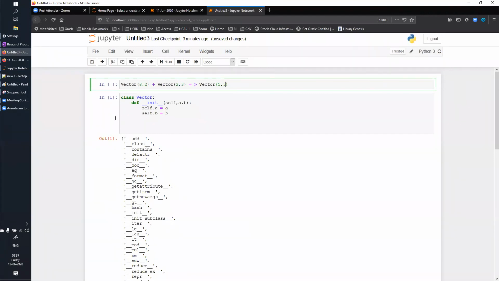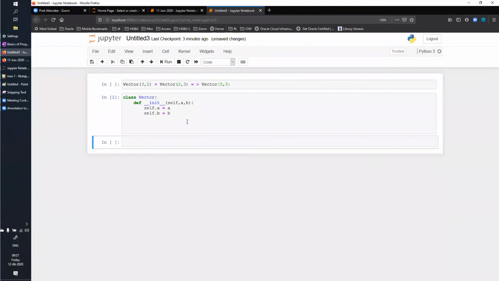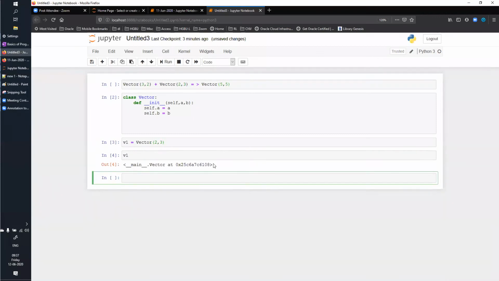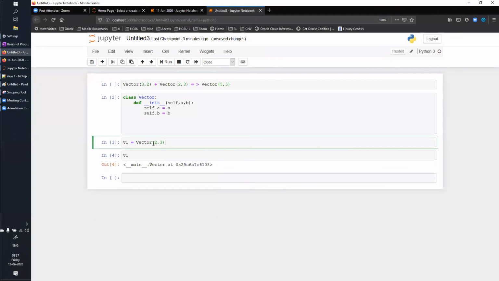So for now, if I just have this class, and I create a vector v1 equals Vector(2,3) and print v1, this is how I'm going to get the output. Okay, this is not looking nice, correct? This is giving me some object, some behavior. This is not looking nice. I want it to be represented in this format.